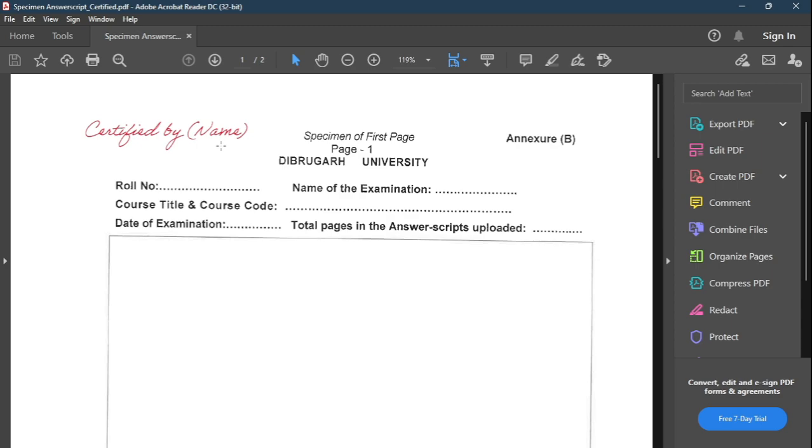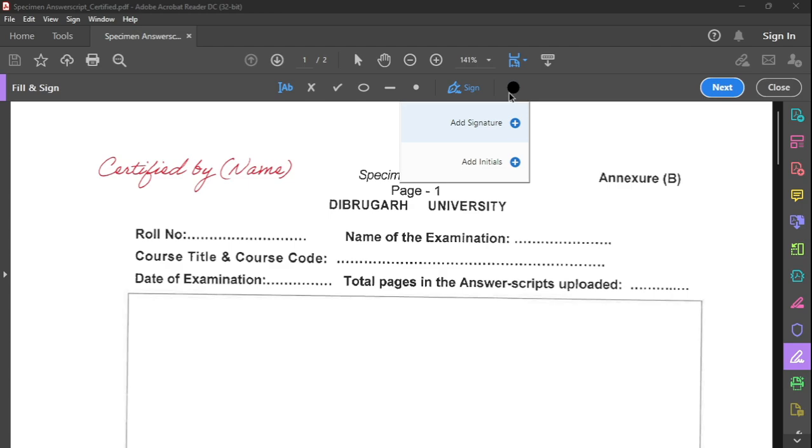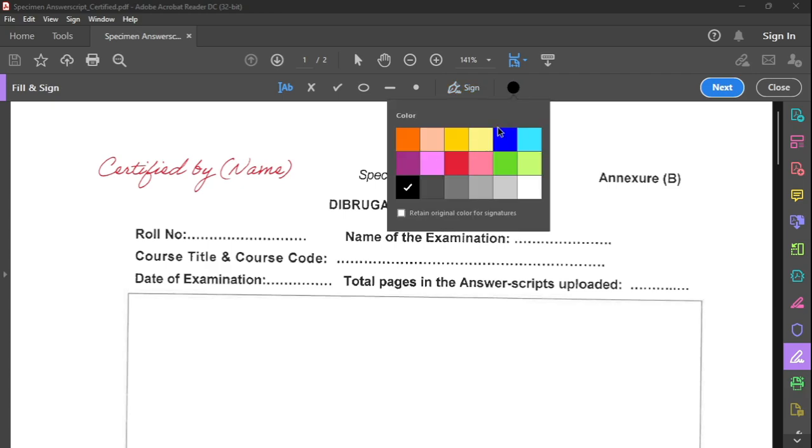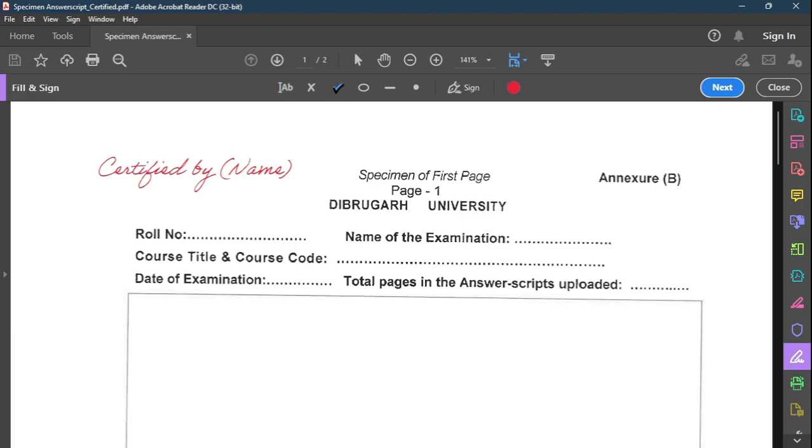Next, for the purpose of evaluation and correction, the concerned evaluator can go to the signature option once again and left click on it. On doing so, these options will be visible. The color of the ink that will be used for making annotations in the document can be changed by clicking on the black bubble which is visible here. Once we click with a left mouse button, the color palette will come up and we'll select the appropriate color of ink, and then after we can select the symbols that we require to place on the answer script.